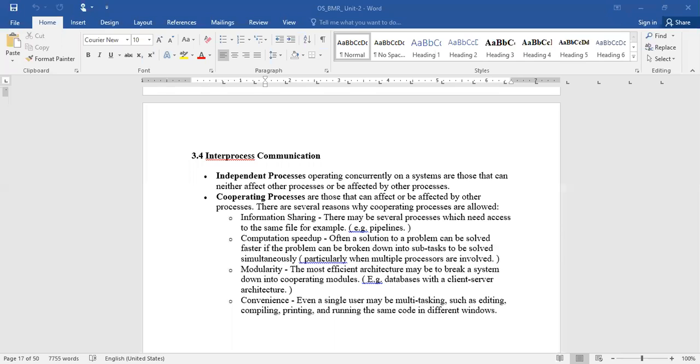There are several reasons why cooperating processes are allowed. The first is information sharing. Several processes may need access to the same file. For example, think of a water pipeline in your house. It starts at the source and ends at the destination, and many taps are connected along the way.